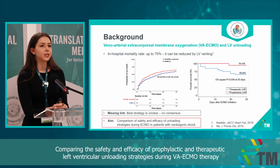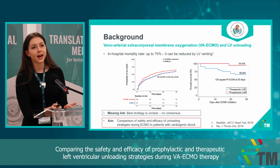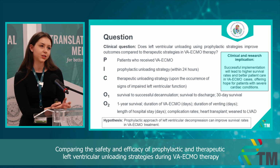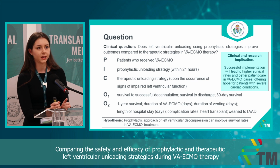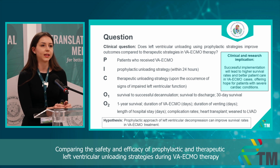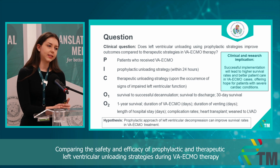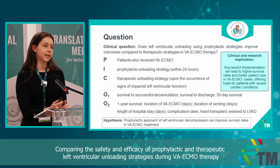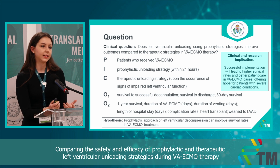The problem is that we don't really know which unloading technique to use, when and how. In this study, we will focus on the when question, and we will compare the prophylactic unloading strategy to the therapeutic unloading strategy, meaning that the unloading technique was only implemented when there were signs of impaired left ventricular function. We will do this by the analysis of several safety and efficacy outcomes, and our hypothesis is that with the prophylactic approach we can reduce the